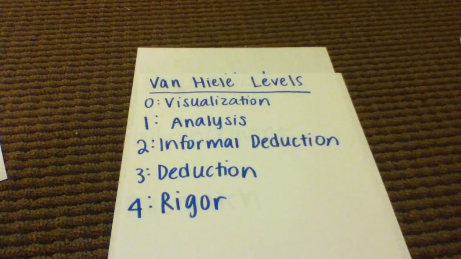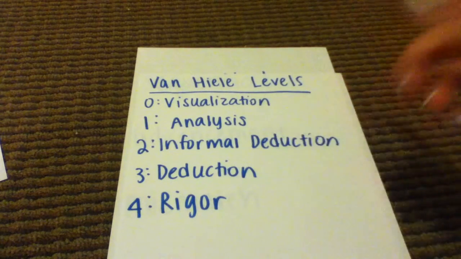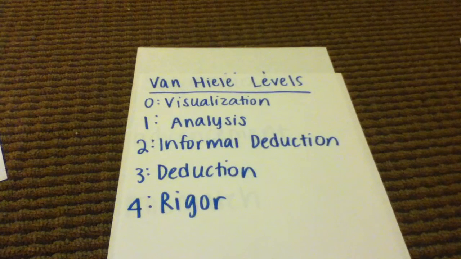Level 1 is analysis, and this is when we move more into looking at characteristics of figures and their properties, but not too in depth and not necessarily correctly. An example of something a student could say during level 1 analysis would be, a square has 4 equal sides and 4 equal angles. Or a square is not a rectangle because a rectangle has 2 long sides and 2 short sides. And that second example, although incorrect, you can see that they're still beginning to relate shapes in terms of their